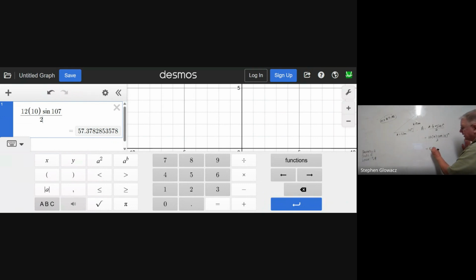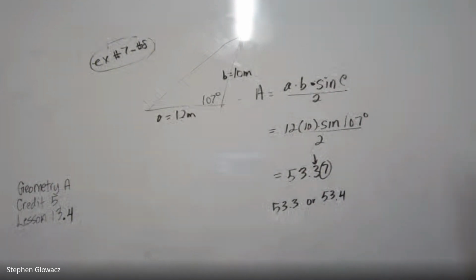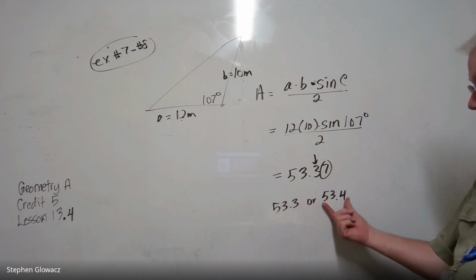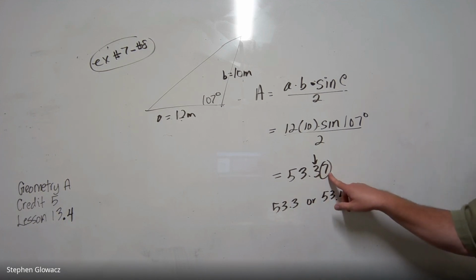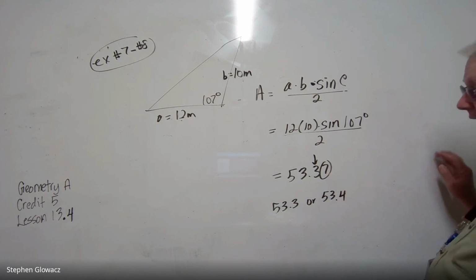So we get 57.37. We're going to round to the nearest tenth, so the options are to stay 53.3 or go up to 53.4. We look at the next number. The next number is a 7. 7 is a go up number. Remember, 5, 6, 7, 8, 9 are the go up numbers. And so we're going to go up to